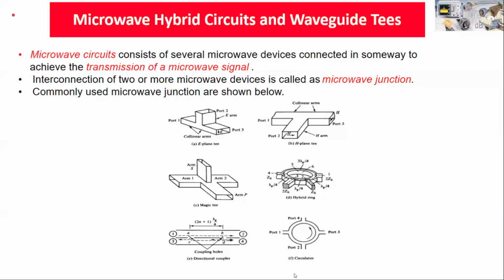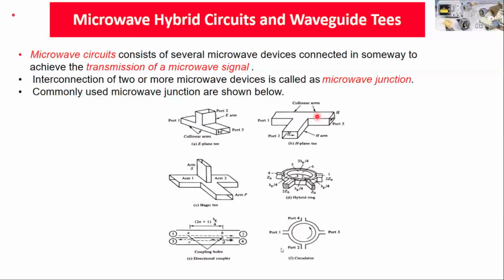See, first case, this is your E plane T. See the structure of this particular microwave component. Basically, these are waveguide T's. So here the junction is there. Here one port is there. Here one port is there. Another port is here. This we will discuss in detail in further slides. So this is one type of microwave junction formed at this point. So this is E plane T. Its shape relates to E shape.